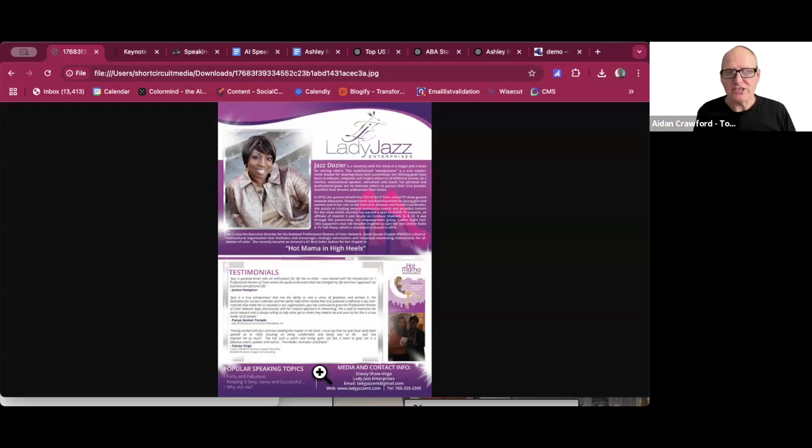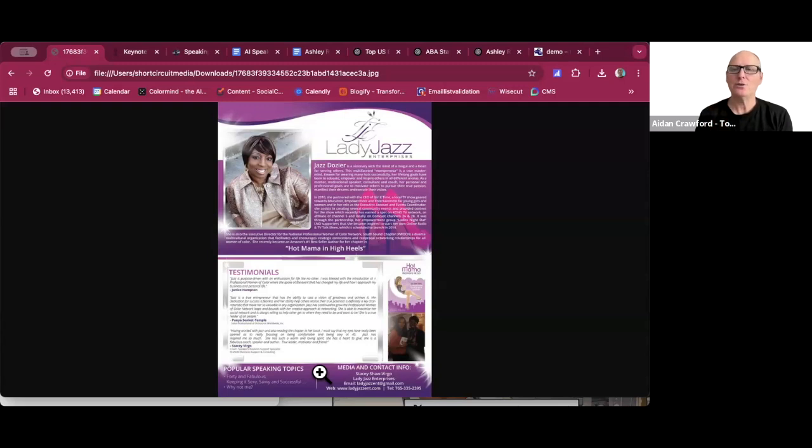The problem with speaker one sheets is you get very little space. You're trying to get everything into a single page and you're not really able to capture everything you do. So it's really just a glorified flyer. And if you spent thousands of dollars getting a speaker one sheet done, I apologize for saying that, but that's just my opinion on it. I just do not think they are worth it. But I am going to show you